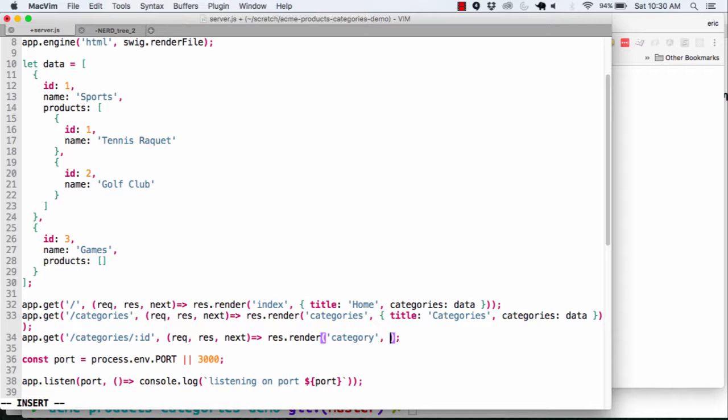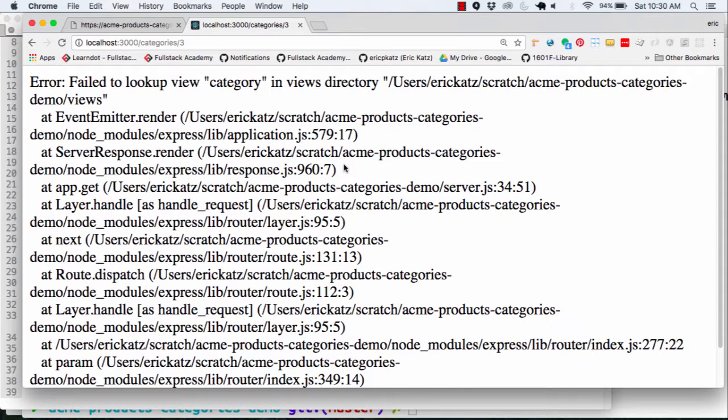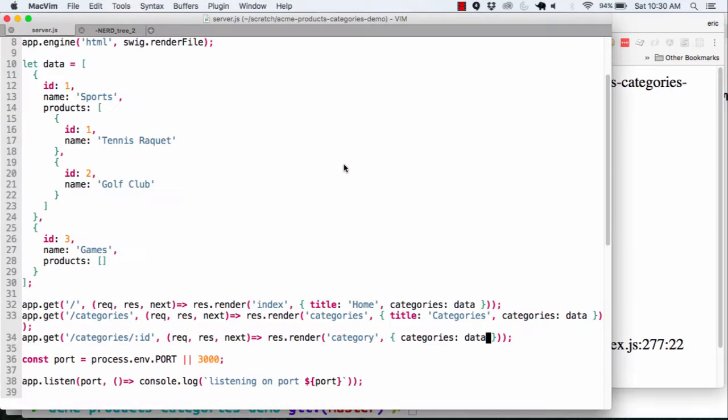And we still want that number to show up on the top with our total categories. So we'll say categories still is equal to data. Now again, when we go to this, we can anticipate what the error is going to be here, in that we don't have this category page. But we'll go back in